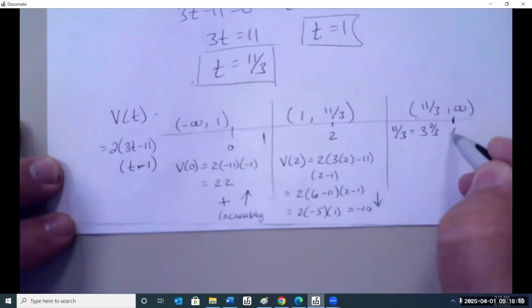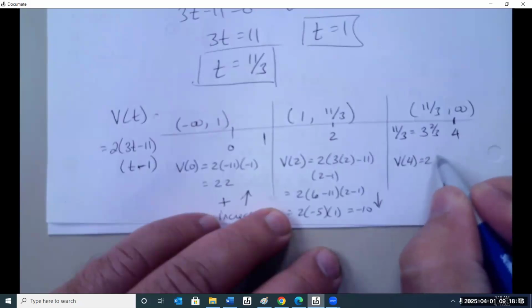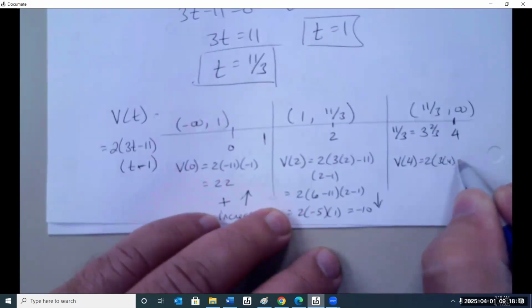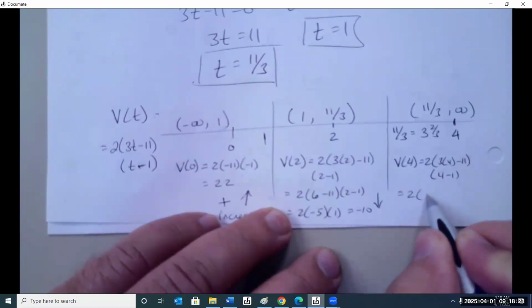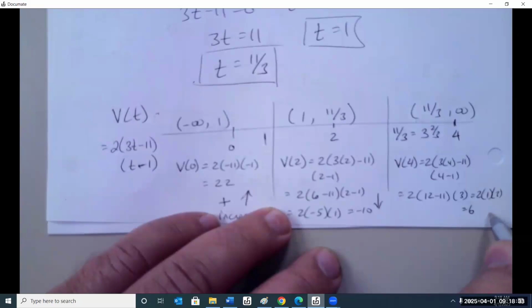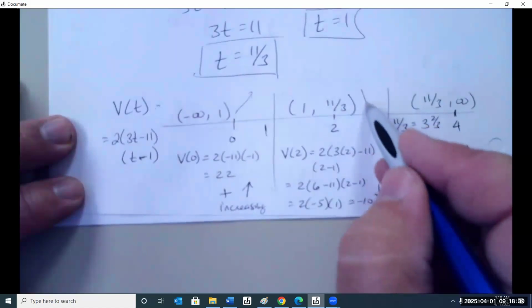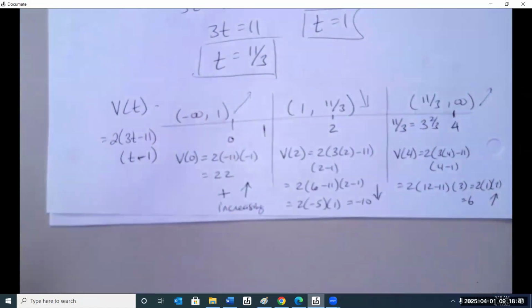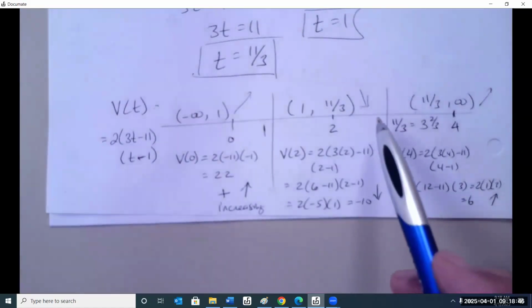And then the next one, I use a 4. So the velocity at 4: 3 times 4 minus 11, 4 minus 1. 12 minus 11, 3. So it's positive, so it's increasing. So the function is increasing here, decreasing here, and increasing there. That's the velocity. So it's increasing its velocity, it's decreasing its velocity, and